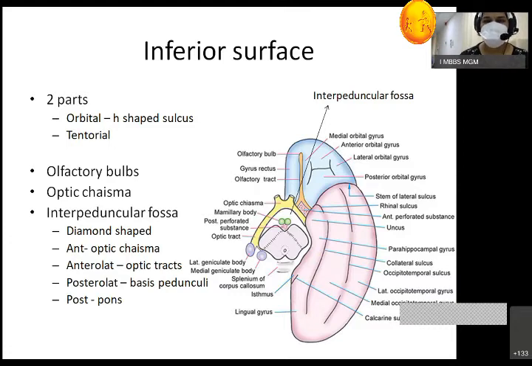Now, whatever vision we have, it is divided into two parts. The medial most will be called the nasal vision, while the lateral most will be called the temporal vision. So according to that vision, the fibers are the same. So medial vision will be carried by the nasal fibers, while the temporal vision will be carried by the temporal fibers. So these nasal fibers of the left side will be going to the right side, while the nasal fibers of the right side will go to the left side. So this crossing happens at the level of the optic chiasma. So this is the optic chiasma.